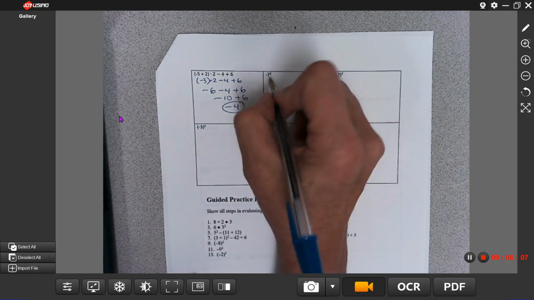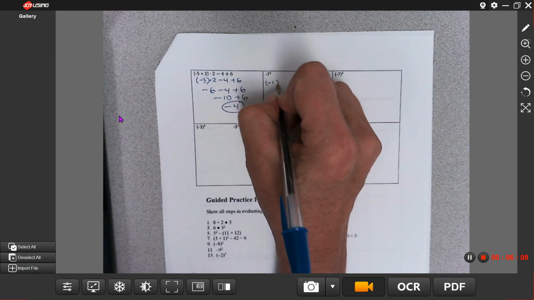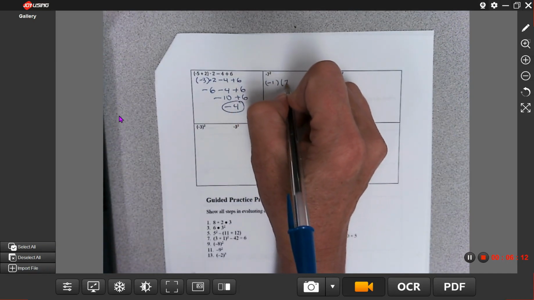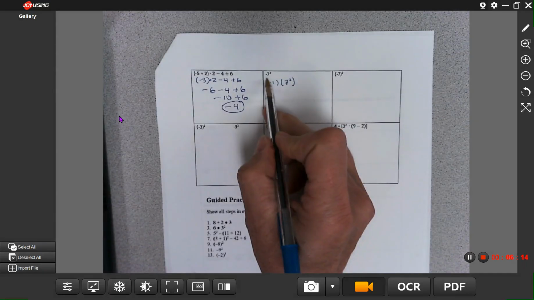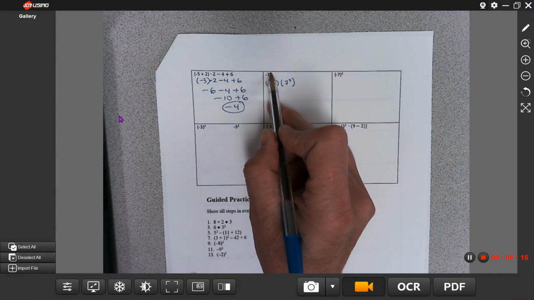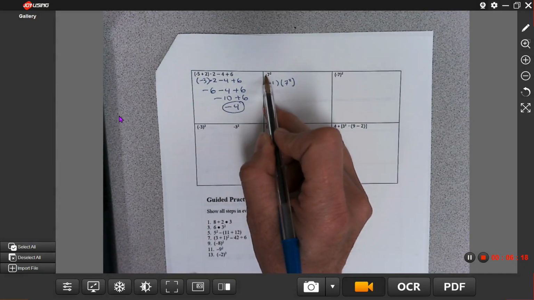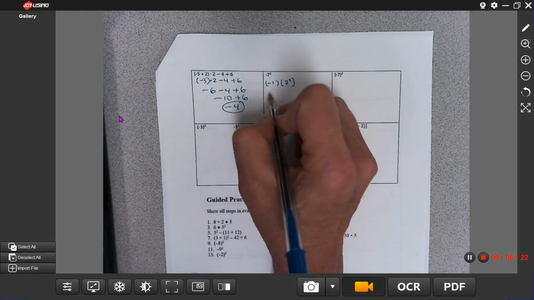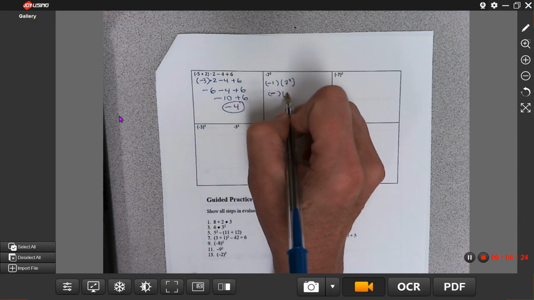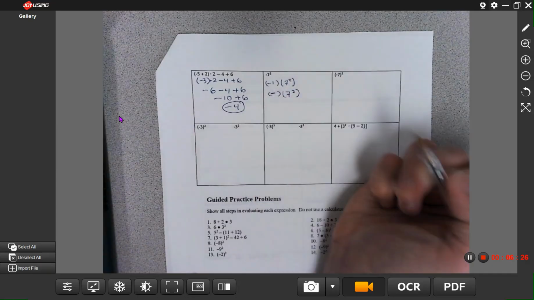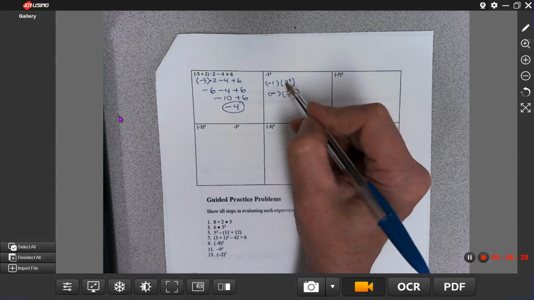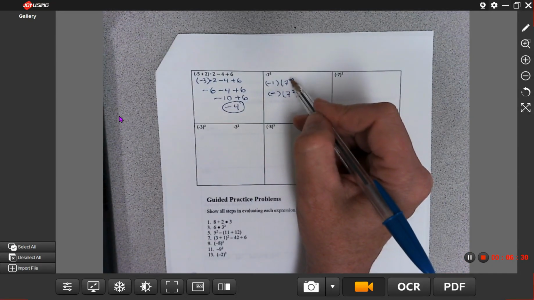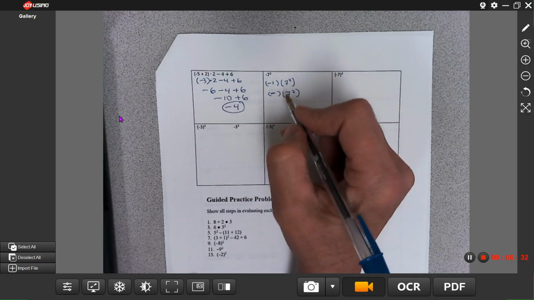But that negative sign can be thought of as a negative 1 multiplied by the 7 squared, because only the 7 is raised to the power 2, not the negative sign. So it's really like a negative 1, or you could think of it as a negative sign in front of the 7 squared. Those are equivalent. So I have to do the 7 to the power 2 first before I deal with the